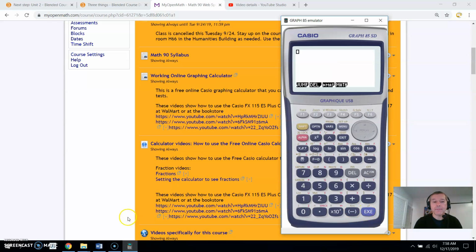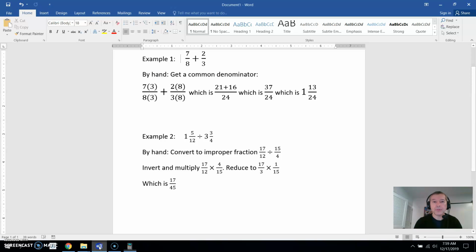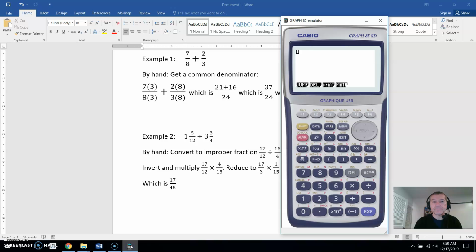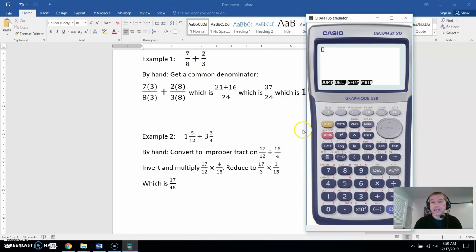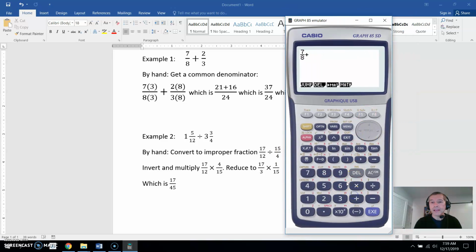And now to type in fractions, I'll go ahead and do a couple problems here like these. So to do these problems, you have to hit the fraction key first. So to do this one, I hit the fraction key and notice it's in the proper format, and I type in 7, arrow down to the 8, now arrow to the right so you can be out of the denominator, and say plus, then hit the fraction key and type in your 2, arrow down, 3, hit execute, and there's your answer as